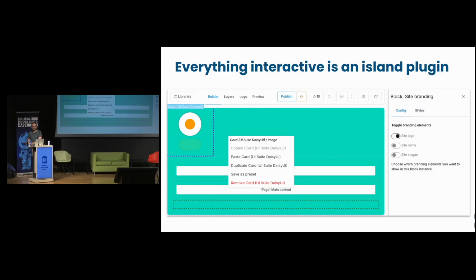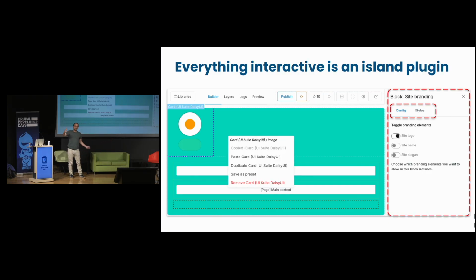The answer is very simple. Everything is an island. The tabs and the content of the tabs were island plugins, PHP plugins. The buttons I interacted with are island plugins.